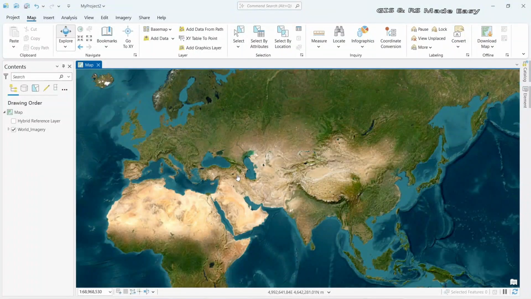Now we will see how to digitize a shape in ArcGIS Pro. We already added a world imagery base map. Now we need to create a